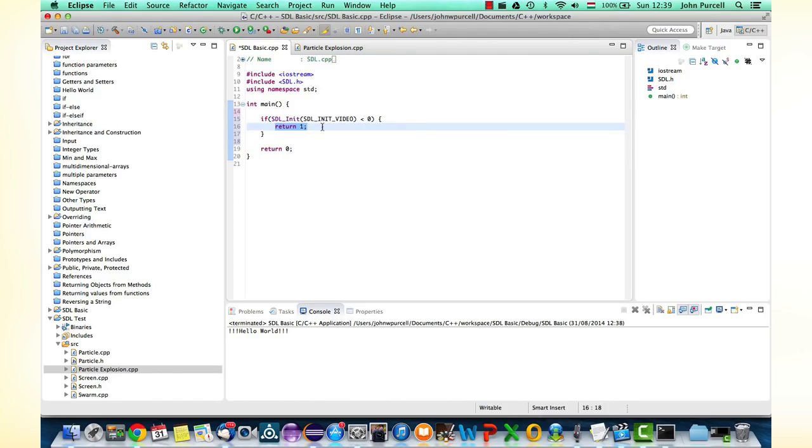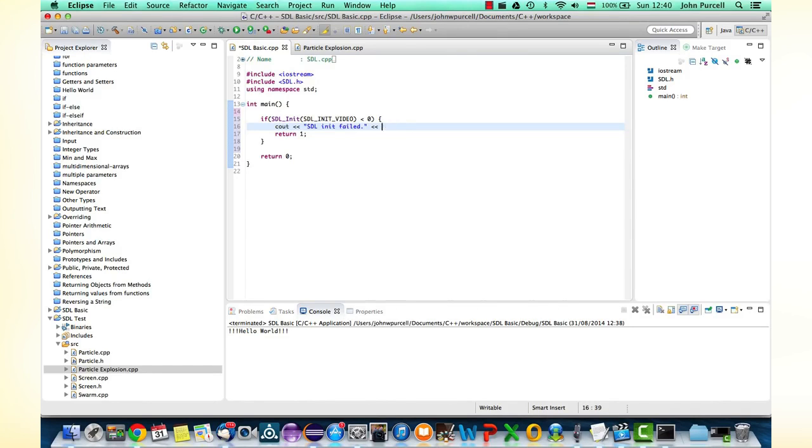That's a good thing to do, because usually you return 0 to indicate success for a C++ program, and anything else is considered an error code. But we're going to be running this program by hand anyway. It's not like we'll have some system that will run this program and check its error return code. So let's put in here cout SDL_Init failed